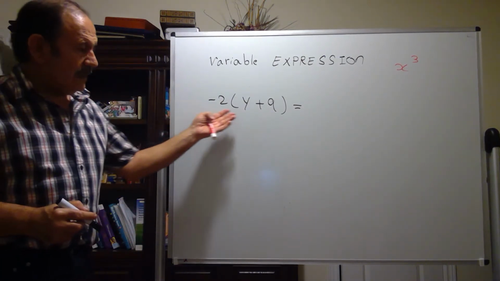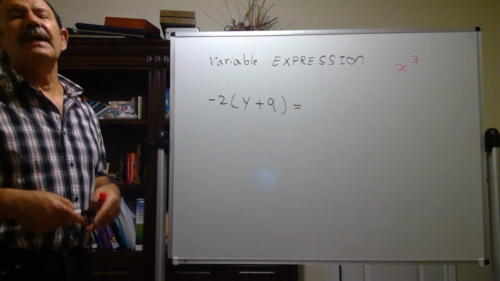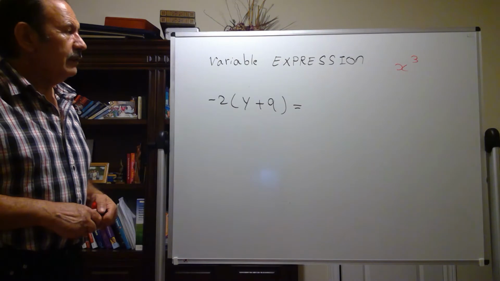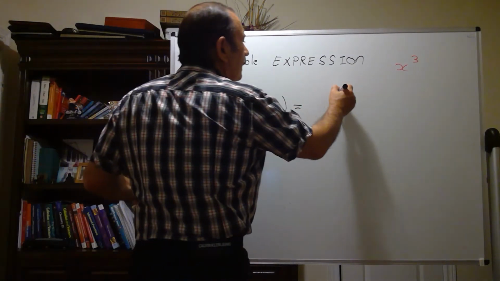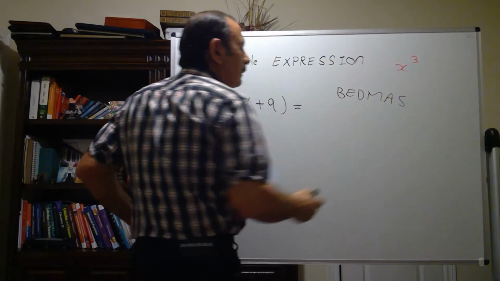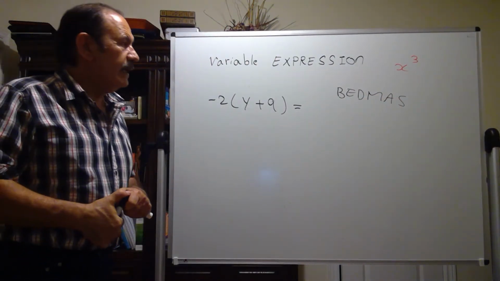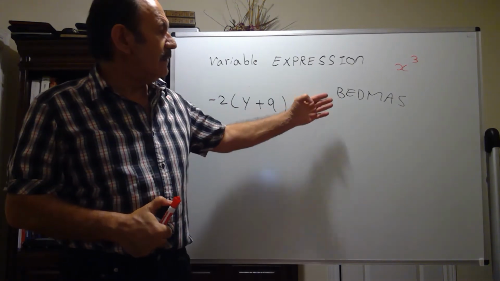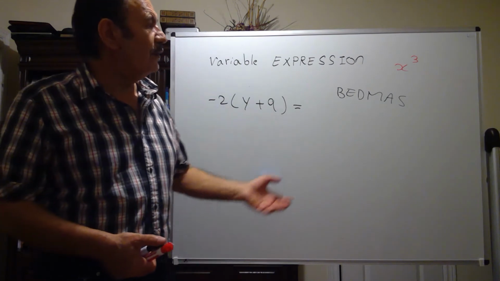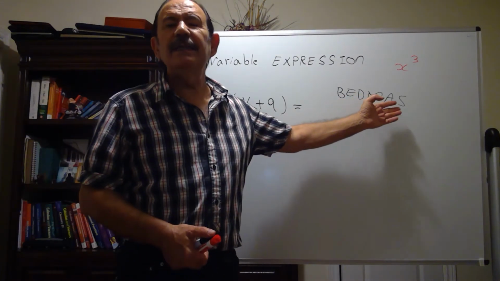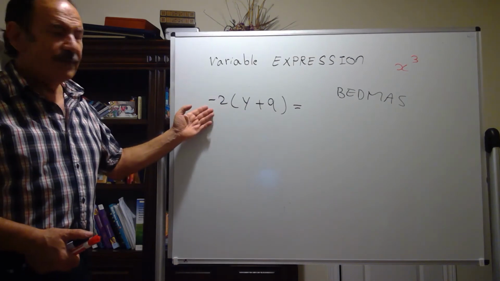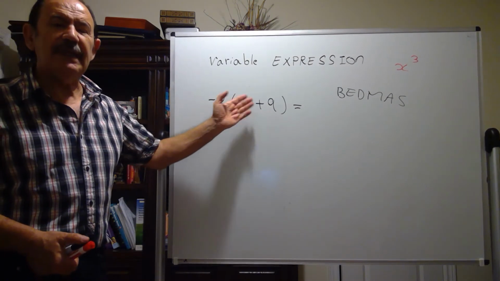In this simplification, first remember BEDMAS always applies. Do you remember BEDMAS? It is the priority of operations. The priority goes to bracket first, then the exponent. Division and multiplication have the same priority, whichever comes first. Then addition and subtraction. In this, when we are simplifying, this negative 2 should be multiplied to the inside